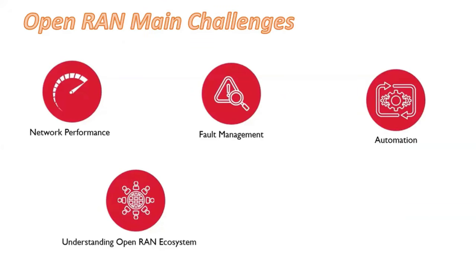The common concern regarding Open RAN is the ability to match performance of a proprietary hardware platform. Lab trials and live deployments are going on for this, and they are moving in the right direction. Next is fault management. When something goes wrong in the network, we have to isolate which component has a problem. In the case of Open RAN, it may be a little complex because Nokia has to work with Ericsson, Ericsson has to work with Samsung, and so on, right? So it may be difficult, but slowly they are improving this problem.